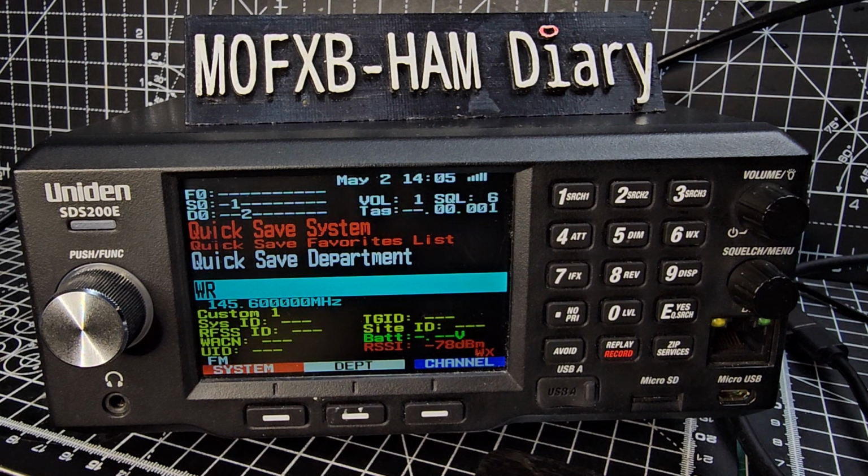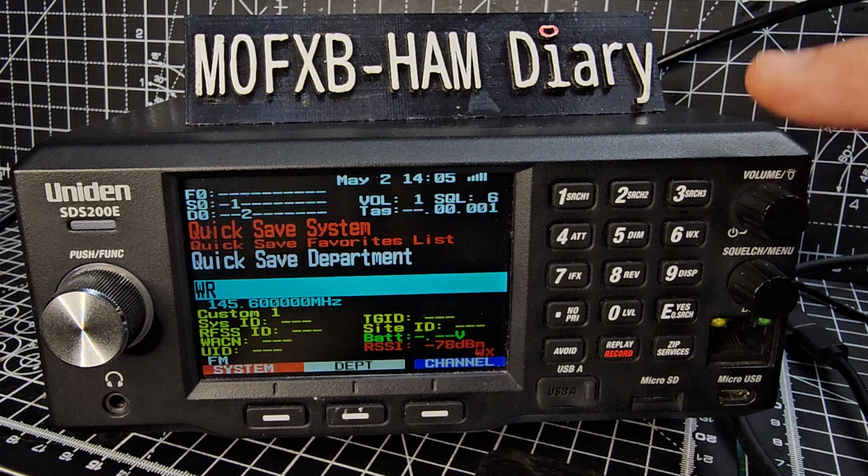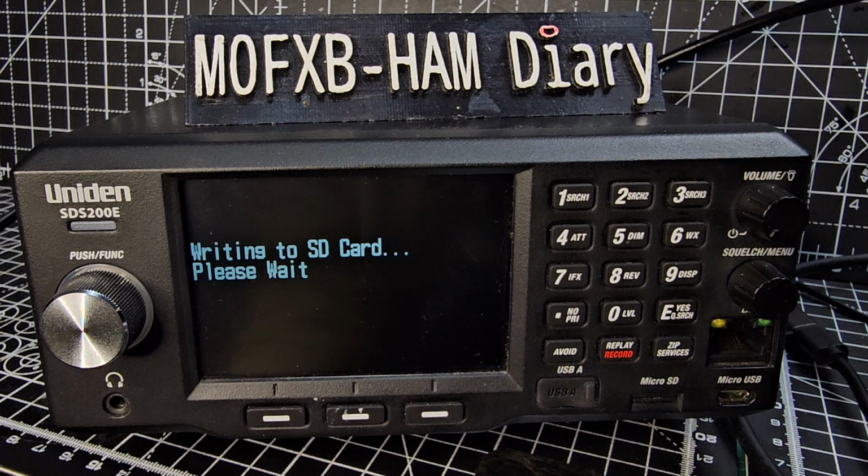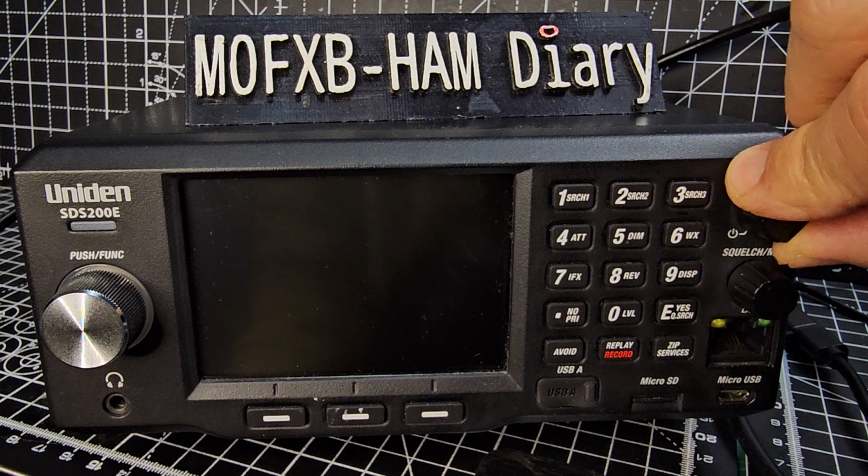Welcome to my beginner's guide to the basics of the Uniden SDS100, 200, 3600, and 436, because they all operate in a very similar way. So let's just start off with the buttons. The volume button is here, but it's also the on-off button. If we turn it off, then turn it on,